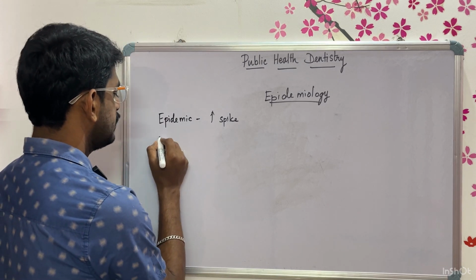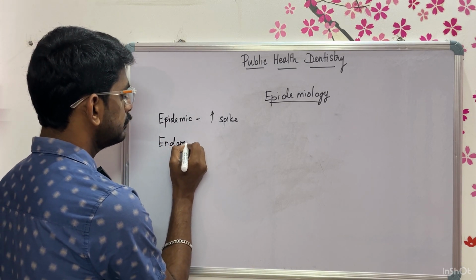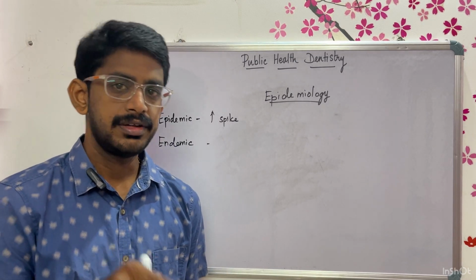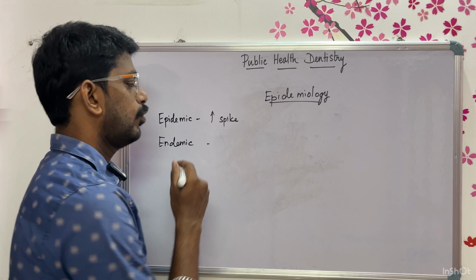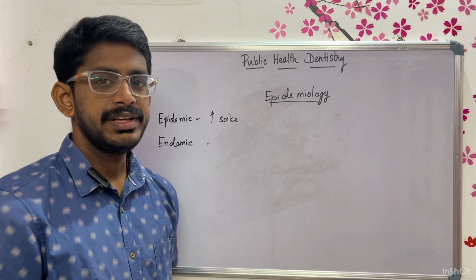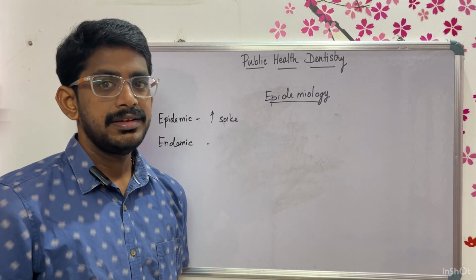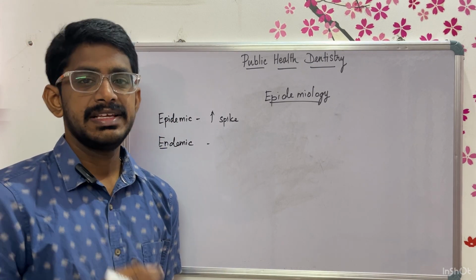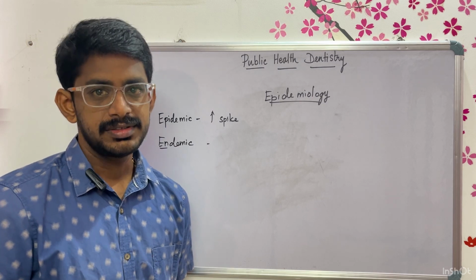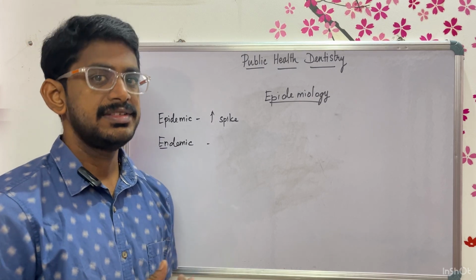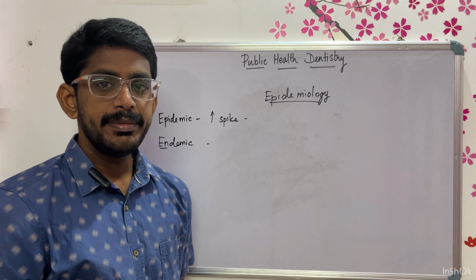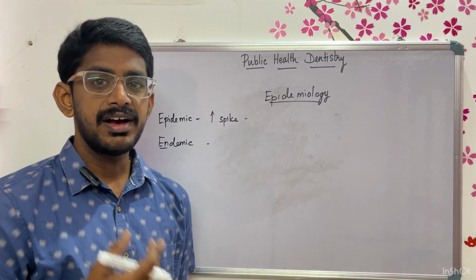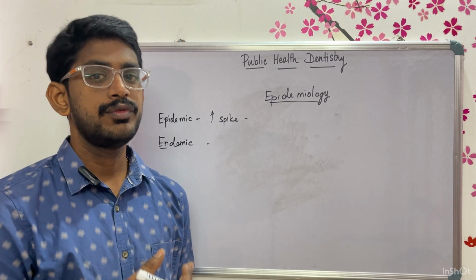Okay, so what is an endemic? An endemic is a constant presence of a disease in a community. For example, what are the diseases that are constantly present in India? Pertaining to dentistry, we can tell endemic fluorosis. The word itself contains endemic fluorosis. The next, malaria, tuberculosis, yellow fever, all these diseases are endemic to India. Examples for an epidemic disease, recently we have seen spikes of Nipah virus, Zika virus, avian influenza, swine influenza, and